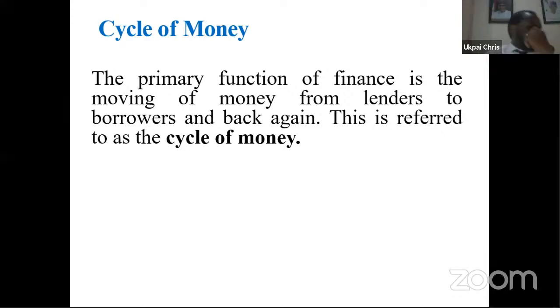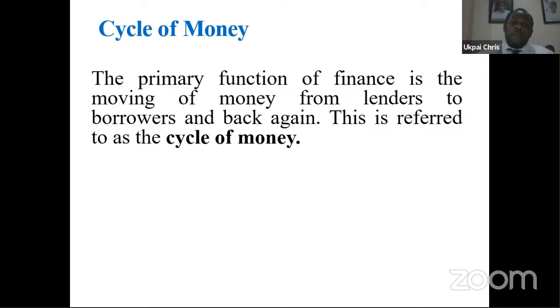When we talk about the circle of money, it's already what we are doing. Say NISA has this money to disburse to entrepreneurs, to help entrepreneurs grow their businesses, or to help entrepreneurs start up a business. Are we together? They have this money, but they cannot use it to produce goods or items. They have entrepreneurs who are ready to go into business with that money. They provide the money to entrepreneurs, and at the end, they pay them back with interest.